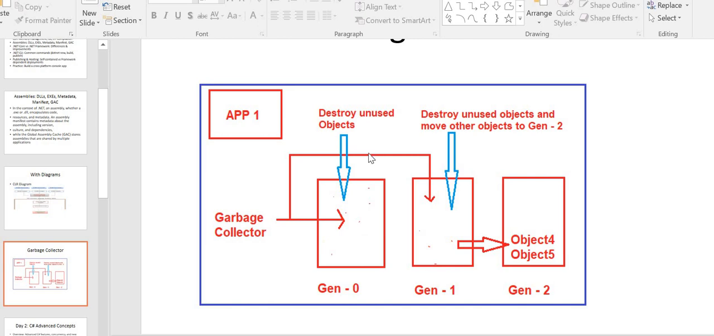In generation 0, it will destroy the unused objects, and it will move the rest to generation 1. Like, destroy the unused objects, and after this it will move the other objects to gen 2. It means in gen 2, the objects which are available, which we are currently using, will be there in that generation 2 of the garbage collector. That means